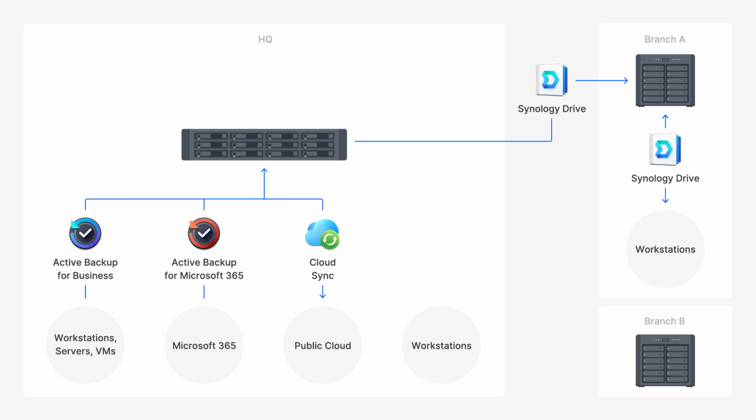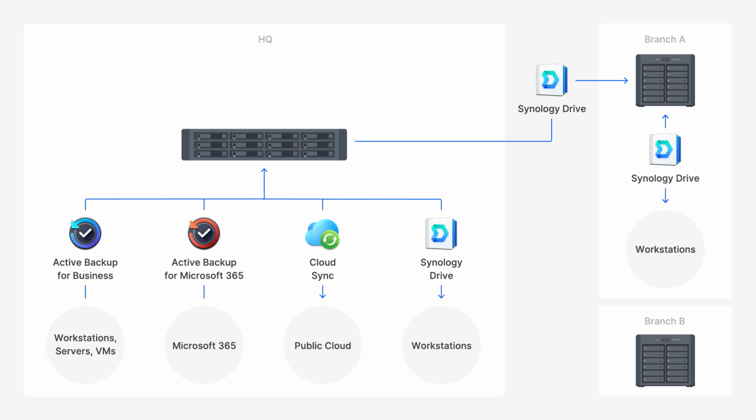As this company continues to grow, they may add something like Branch B and additional workstations out in the field. Now, those workstations that may be remote, they once again can also sync with HQ either directly or through one of the other branch Synology NAS utilizing the Synology Drive environment. It's flexible enough to be modified to meet your organization's needs or a specific worker's needs if they have better regional performance with one node or one server or the HQ location in this case.